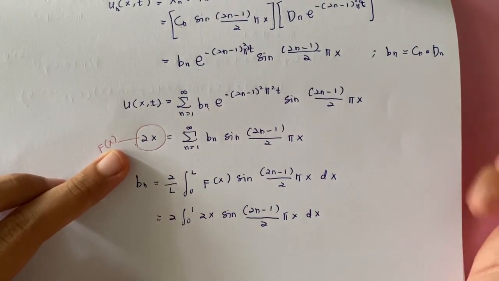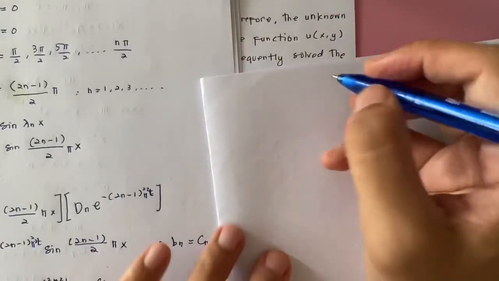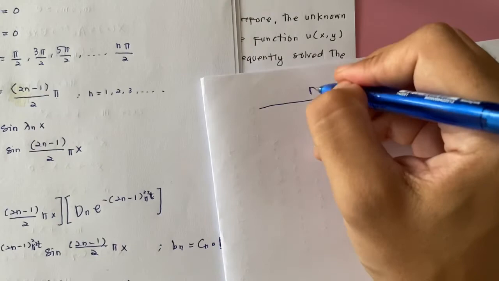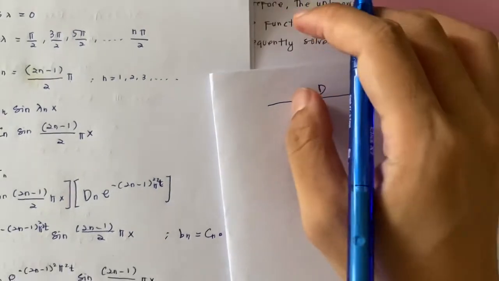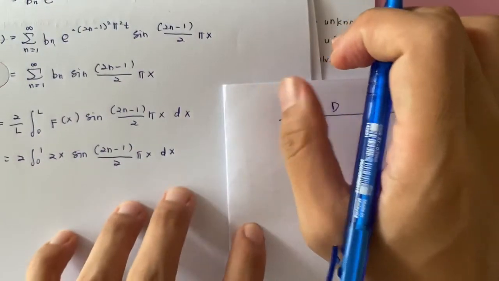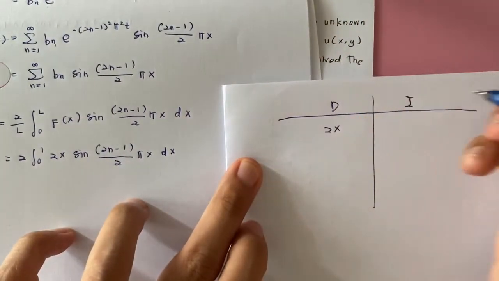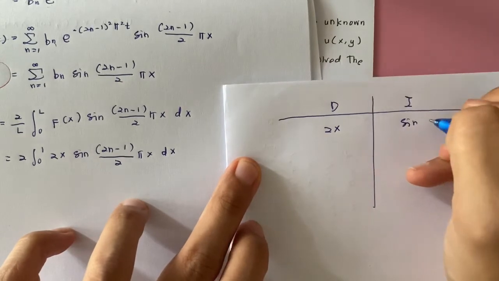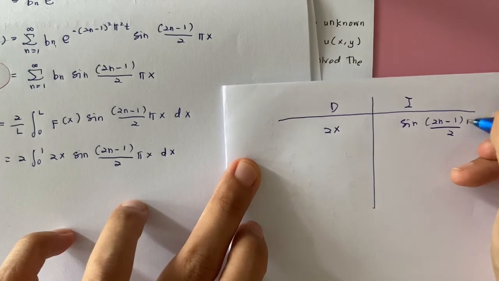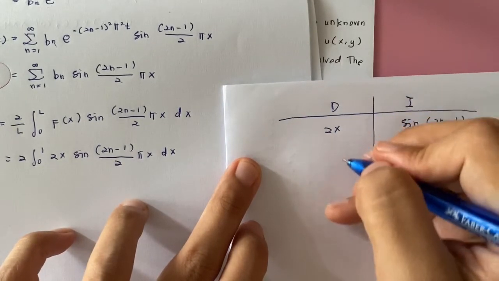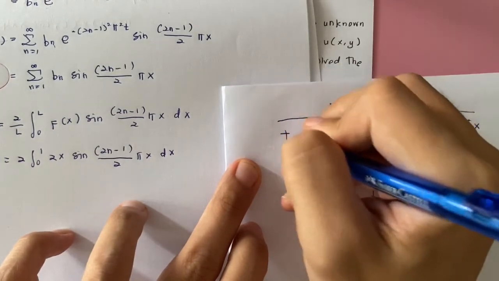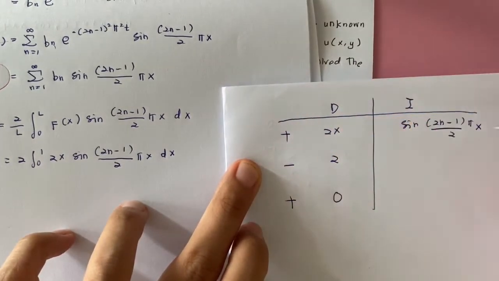Okay, solve this using the tabular method. For the tabular method, we have differentiation and integration. So this 2x will be on the differentiation side, and this sine 2n minus 1 pi x on the integration side. Differentiate 2x, you have 2, differentiate again, you have 0. You have plus, minus, plus. Integrate sine,